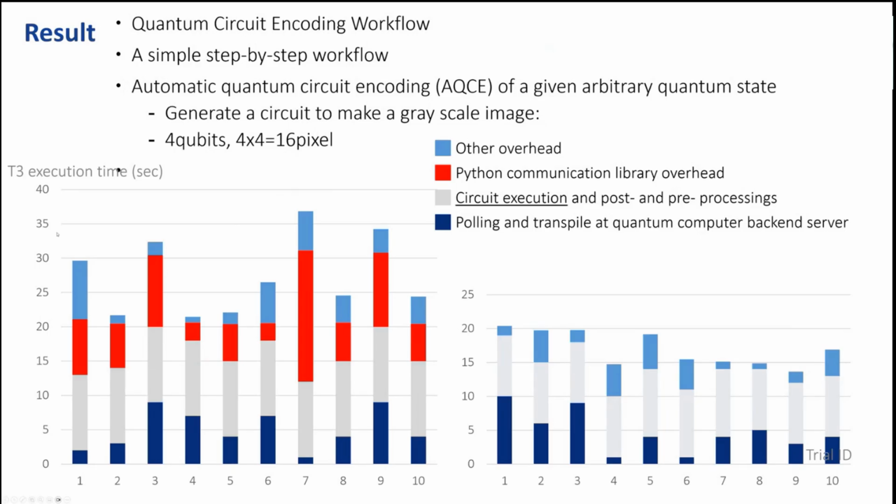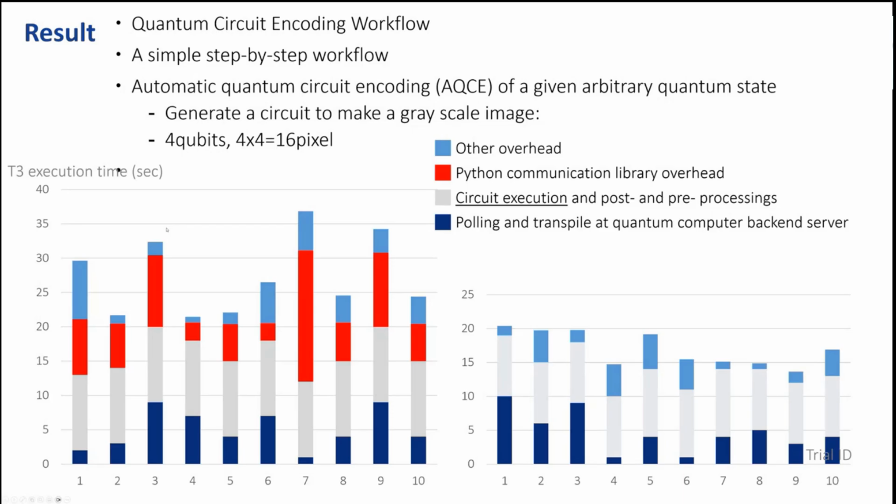In this case, we performed a simple step-by-step hybrid algorithm, which first automatically generates a given quantum state of grayscale images, then sends it to the quantum computer, and the result is visualized